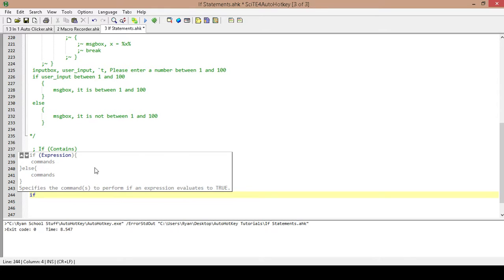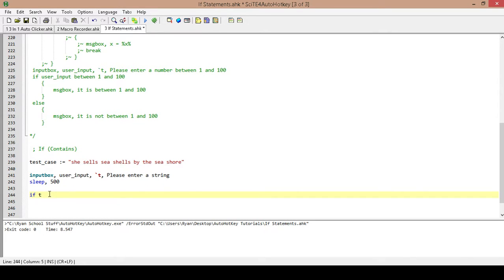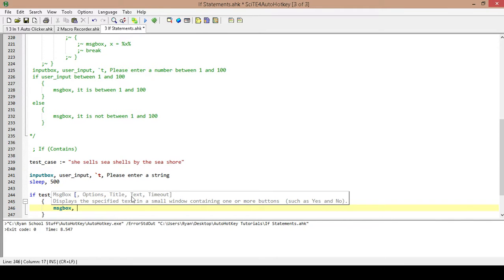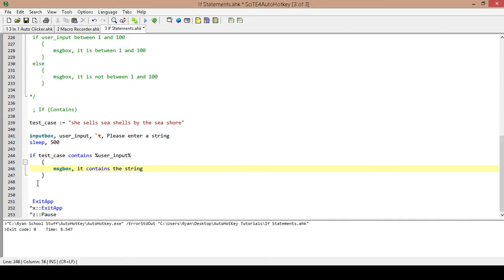So if our test case contains our user input, we want to create a message box and it says it contains the string, and then else